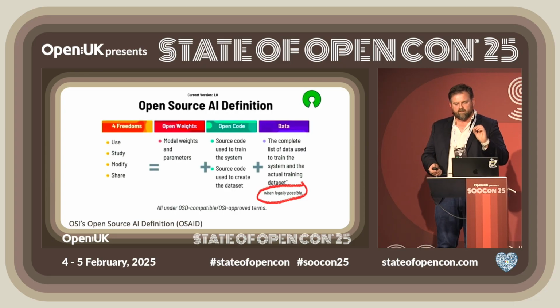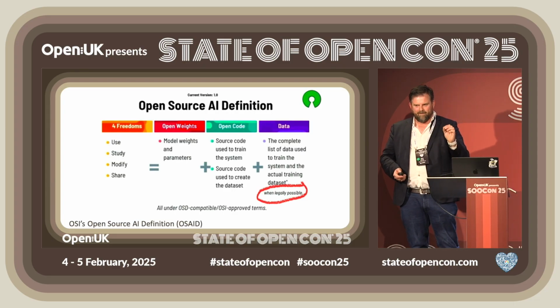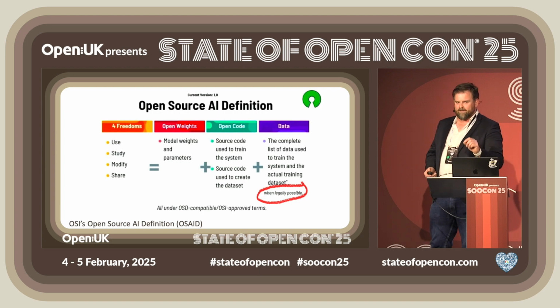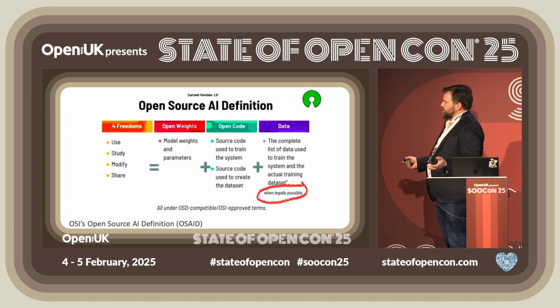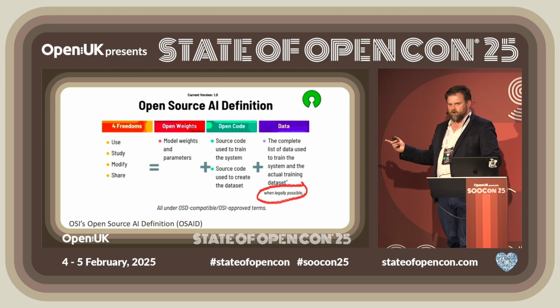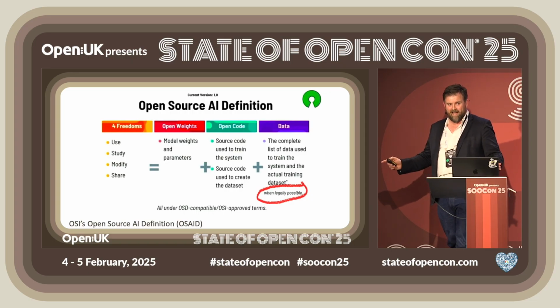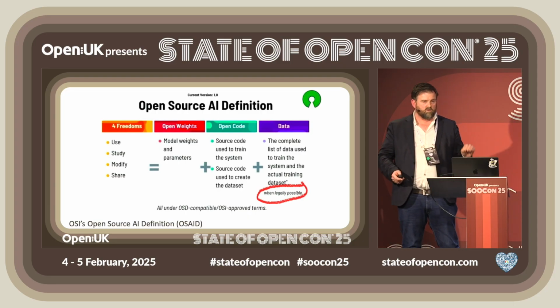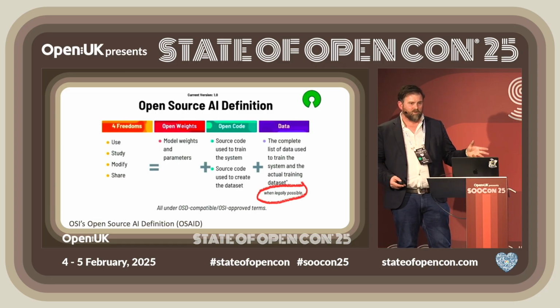They say it's the weights and the code and the data, but the fine print, what is it, large print giveth, the fine print taketh away, when legally possible. Now, if you're looking at procurement standards and you see "when legally possible," you're a vendor, you're like, well, I'm just going to cross out that whole column. It doesn't exist. And all I need to provide is the weights and the code to animate the weights.